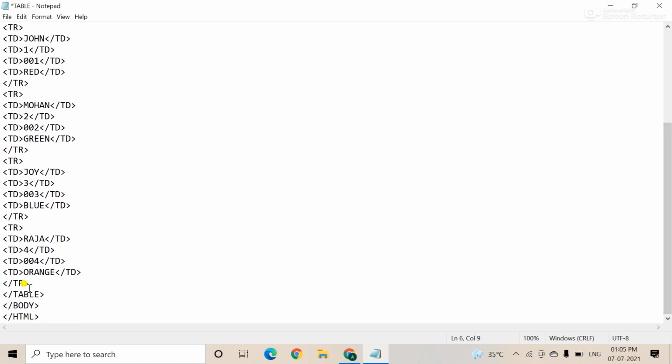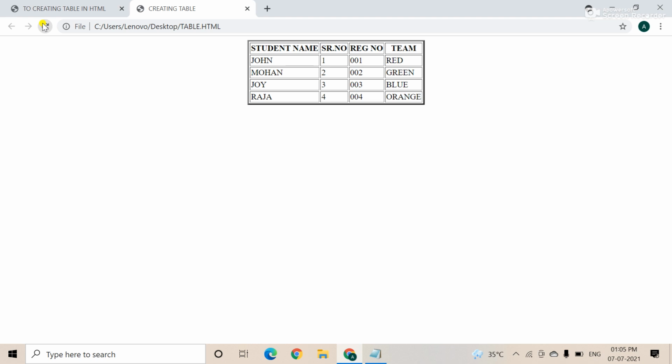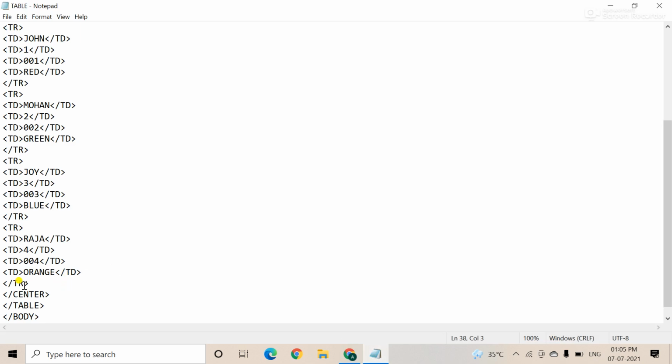I already explained this to you. And after this, see the location of the table is center alignment. Okay, it is centered, I used a center tag.